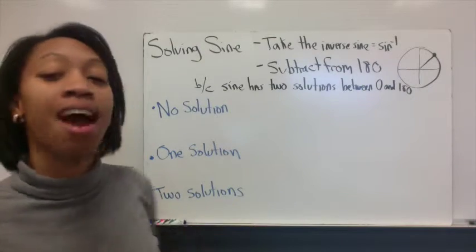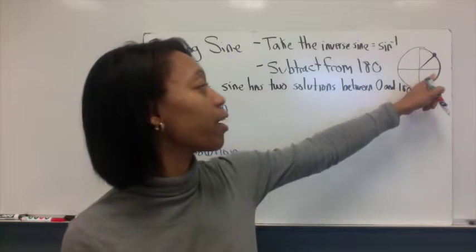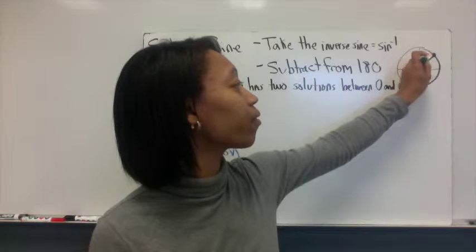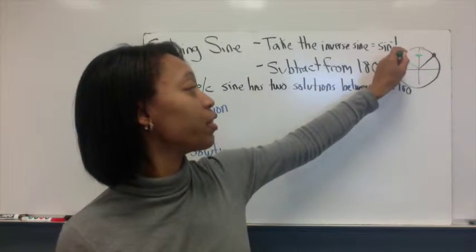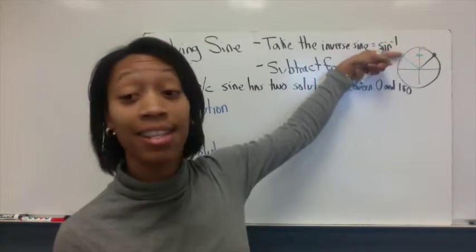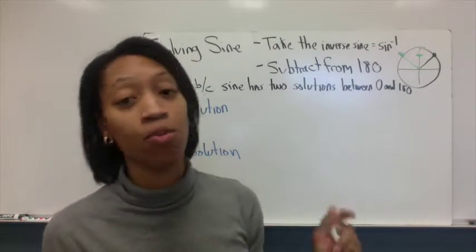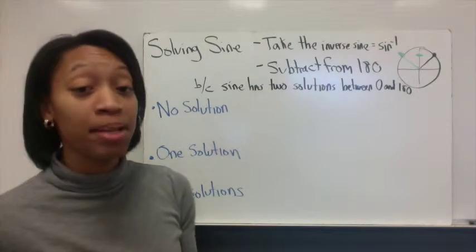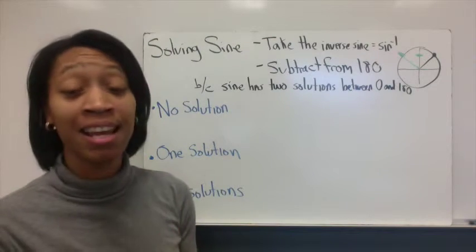Remember that the sine is kind of like the y value of this point. This is like a unit circle here, right? Well, this point has a y value here, right? But symmetrically, there's another point on the unit circle whose sine would also have that same value, that has the same y value. So we have to subtract from 180 in order to find both those solutions. So that means that when we're solving these problems using our sine law and we have to find the angle, a